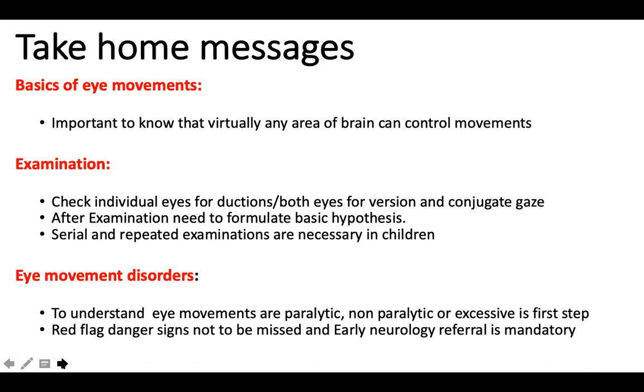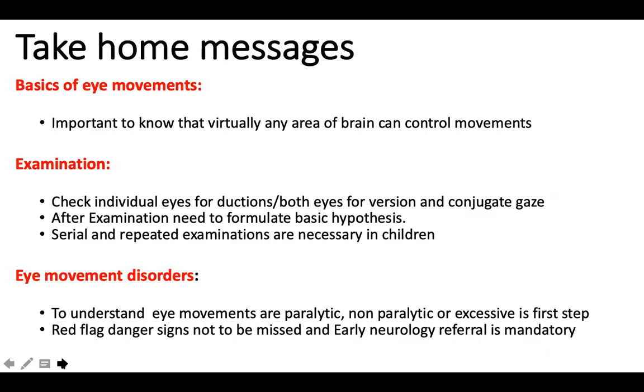So in the entire presentation, a student, a resident, should go back and read about internuclear ophthalmoplegia, where, as you know, a lesion on one side would cause restriction of gaze to the opposite side with a restriction in adduction. Should read about fourth nerve palsies. How one-sided fourth nerve palsy would cause impairment of down gaze to the opposite side, and how there is a contralateral head tilt with a fourth nerve palsy.